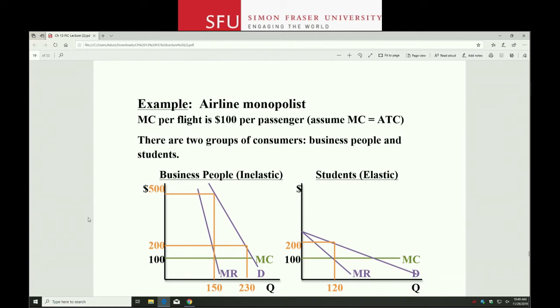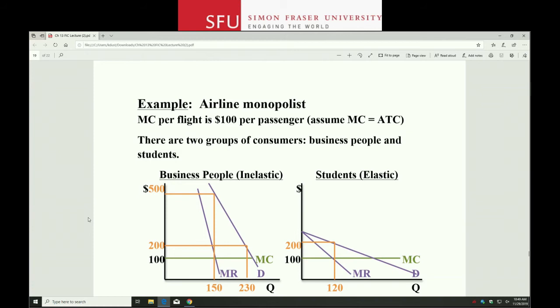All right, now here we have an example about an airline. So it's a monopolist, so it's the only airline flying into this place. And we have two basic groups of people, the students and the business people, who have obviously very different demand curves. Now, if the monopolist were a single price monopolist, so let's say that they could not for some reason charge different prices, they had to just charge one price. So in this market here, the equilibrium between MC and MR would be here. Price would be 500.